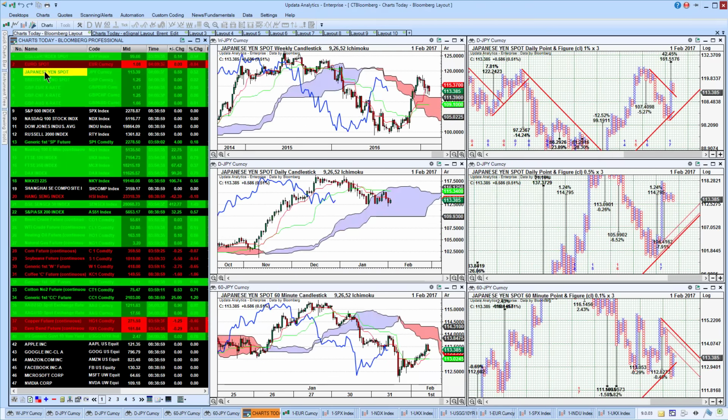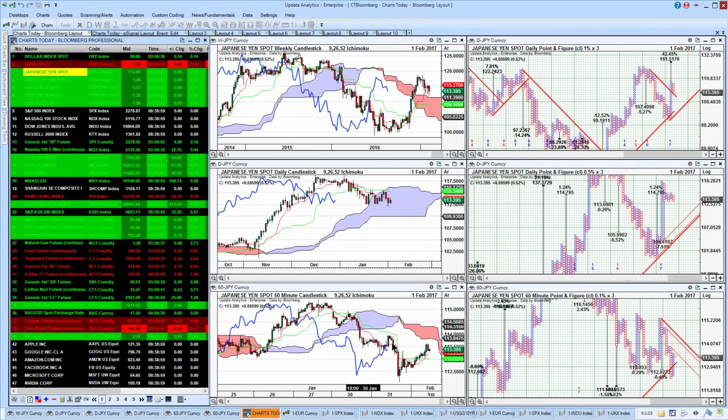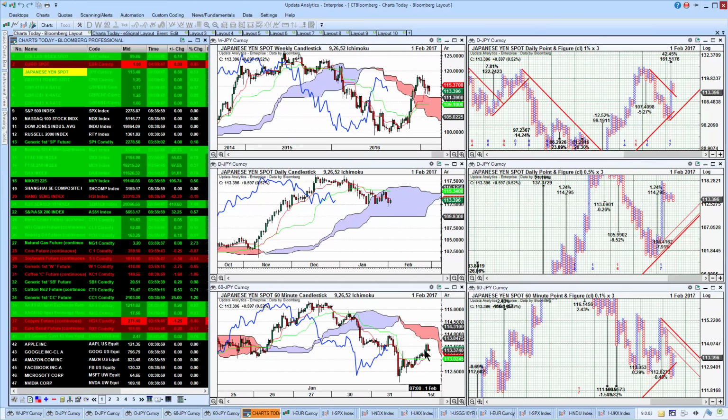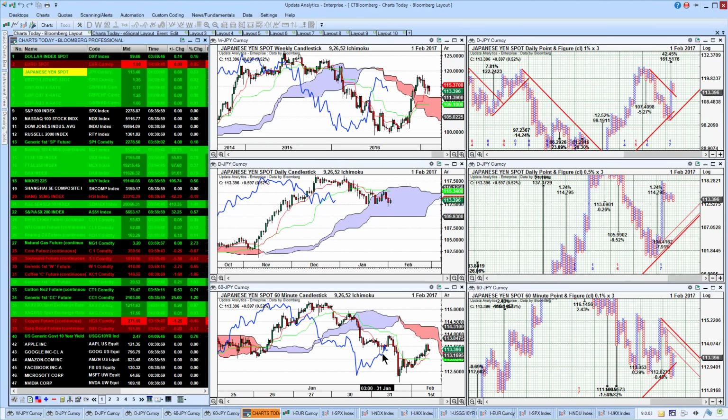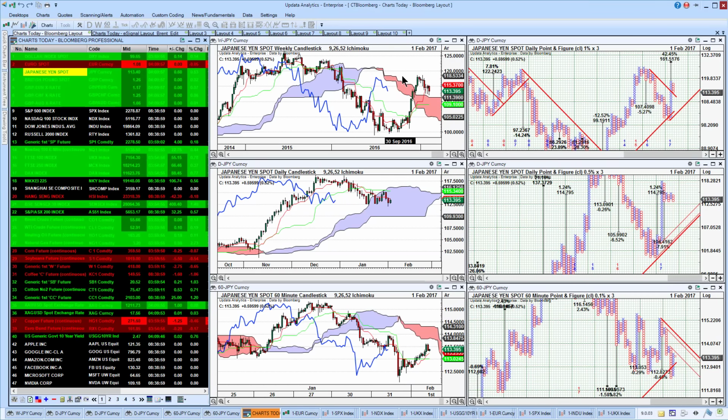If we look at the Japanese yen, we see here dollar strengthening against the yen. So the yen was strengthening here. Now the dollar strengthening again. So we're just seeing that dollar strengthening in there. Or yen is weaker than the dollar, if you like. But long term, again, we're above the cloud here. We're just coming through on the weekly cloud. We're not yet through on the lagging line.